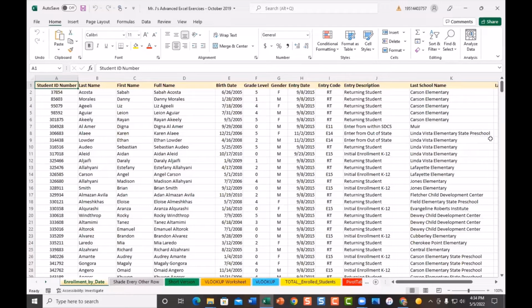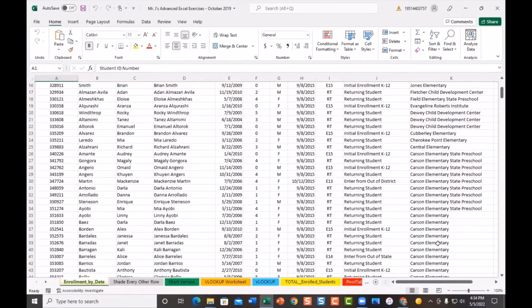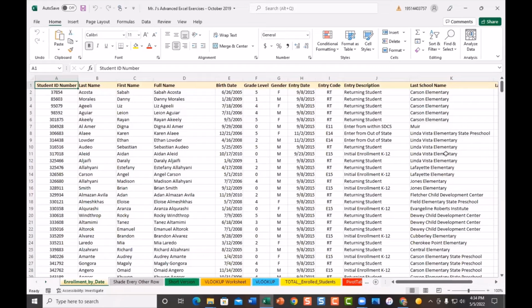And we see that we have Linda Vista Elementary State Preschool. I see Carson Elementary, Lafayette Elementary, and then there's a few others if I were to scroll way down there. And so the way that you can do this easily to save yourself a lot of time is actually quite simple. And so all we need to do to set this up in Microsoft Excel is go to the backstage